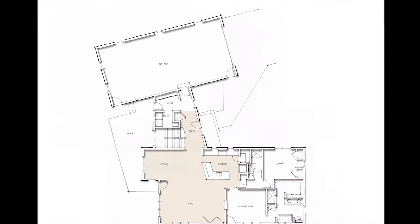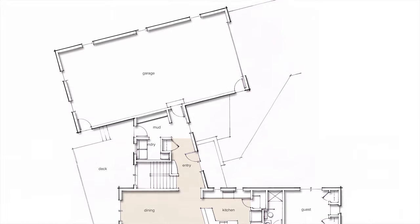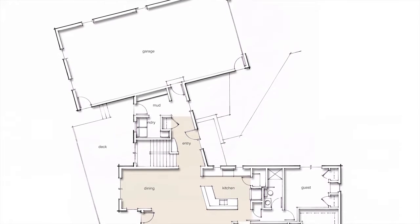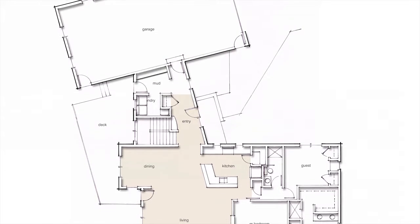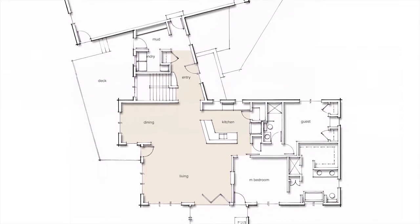Wanted to give you an update on that residential project that we showed you in the last video. Met with the homeowners, and the contractor went through the 3-4 plan schemes or studies that we had put together, and they picked this scheme, which ironically was study A, where we have this garage building, again, the double tandem, a link piece that had the entry stair, mud room, and then the public building with the living,